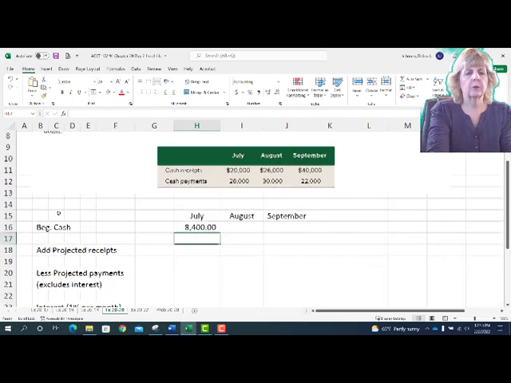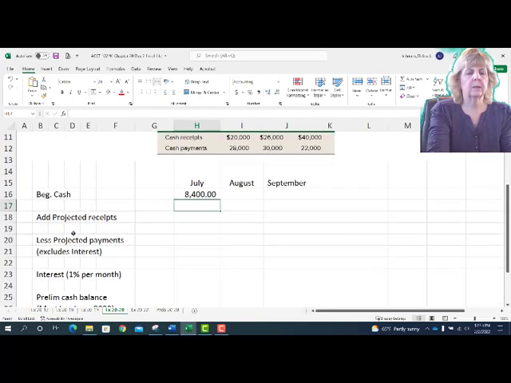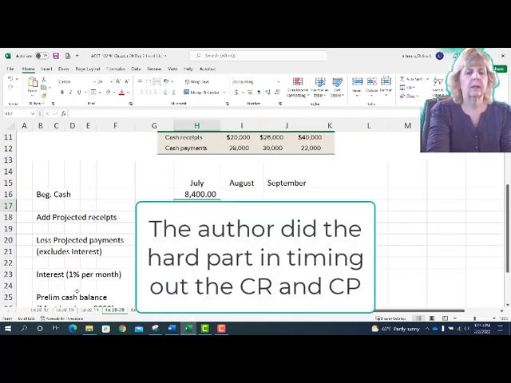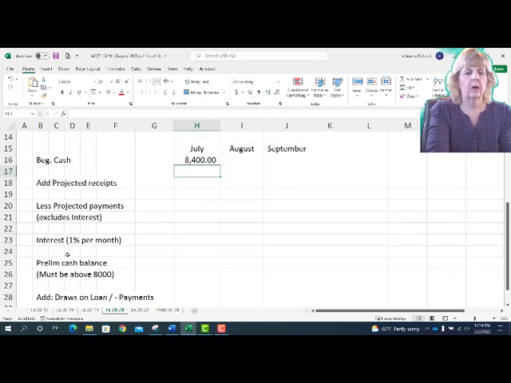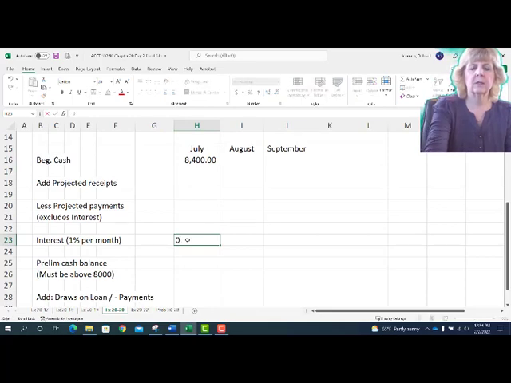Again, first thing I want to impress upon you is that we need to get the format down for this. So think back to your personal accounts. We have a starting balance. We add in a projected receipt. For most of us, that might be a paycheck. We would take out our estimated payments, and again, that excludes interest. We'll have a separate line item for interest, and we know in the first month it will be zero because